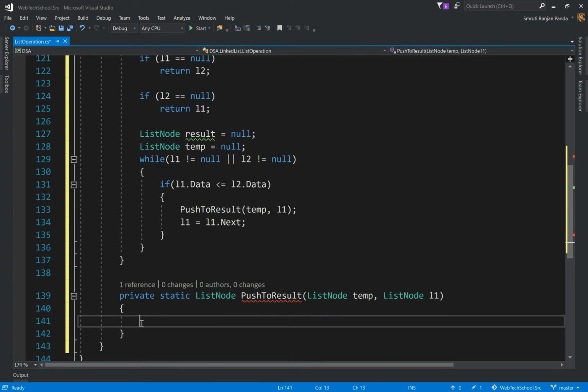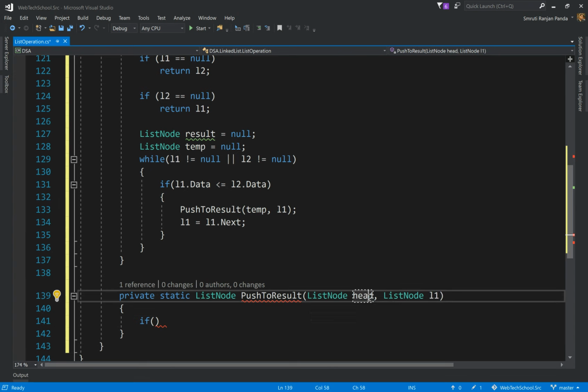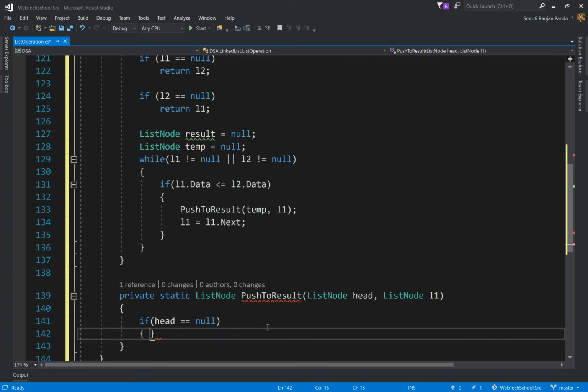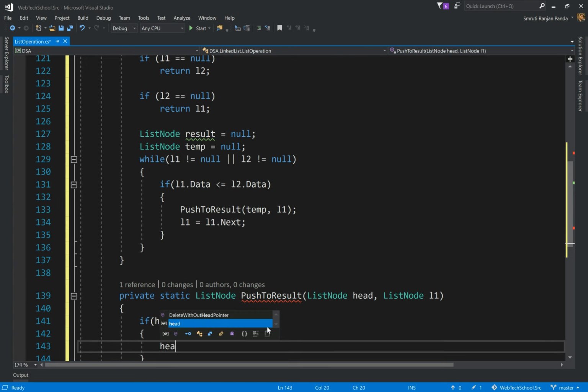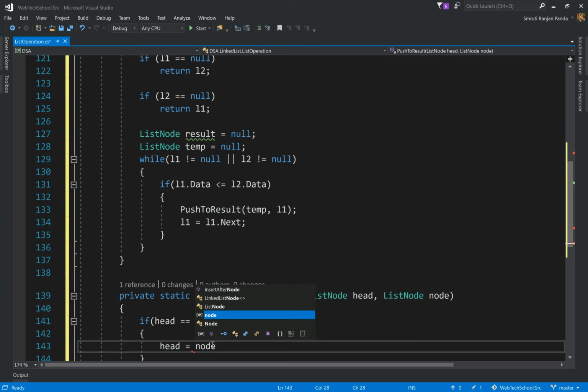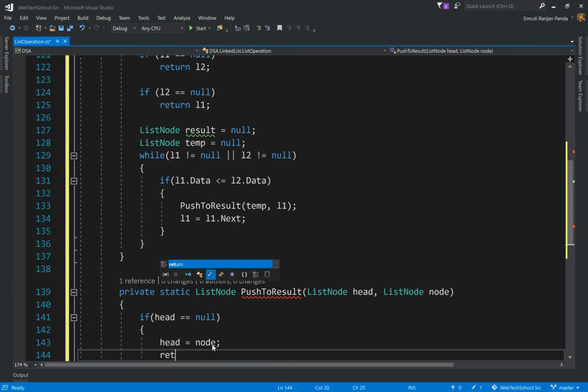In case it is the first element, then head will be equal to null. We can call this head, and if head is equal to null, then our head becomes the node we are sending. I'll say head equal to node, and we simply return the head element.